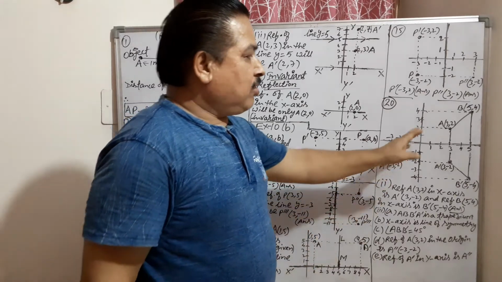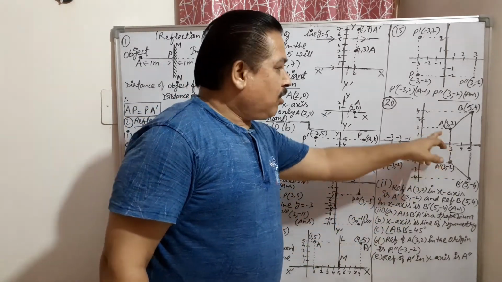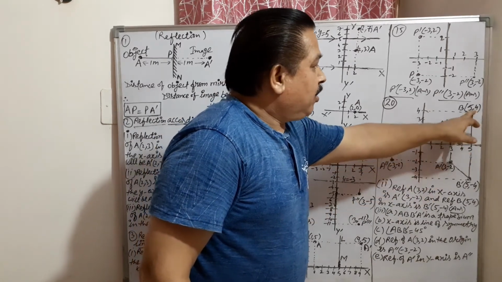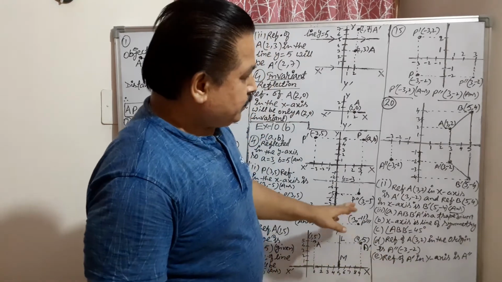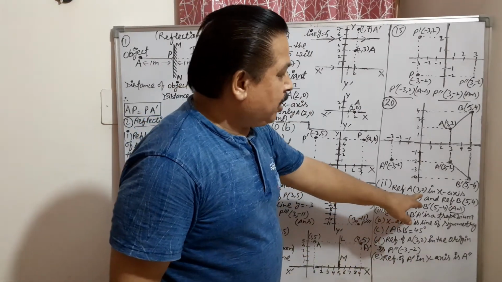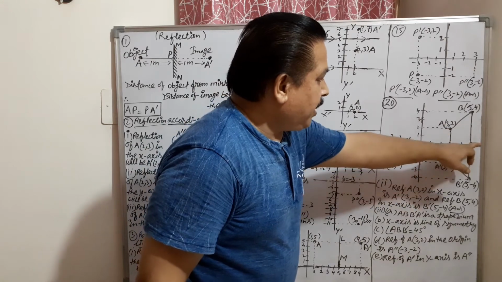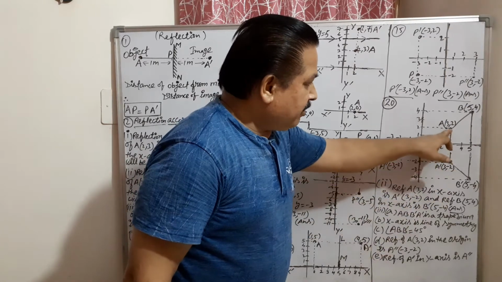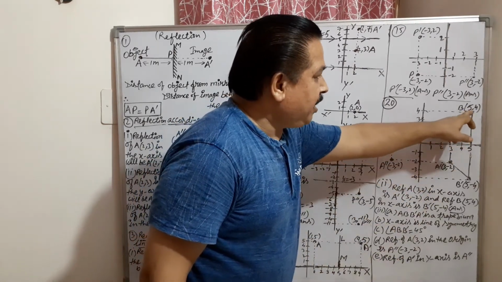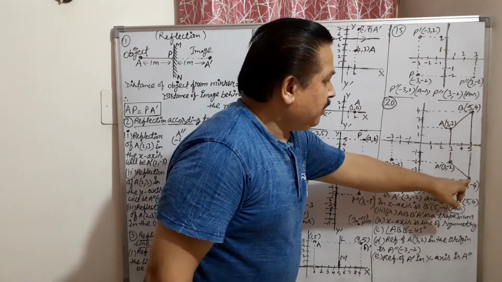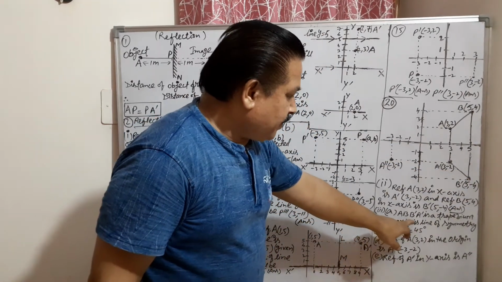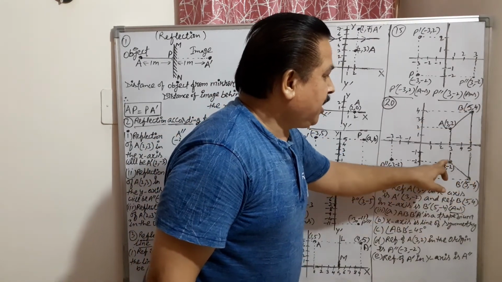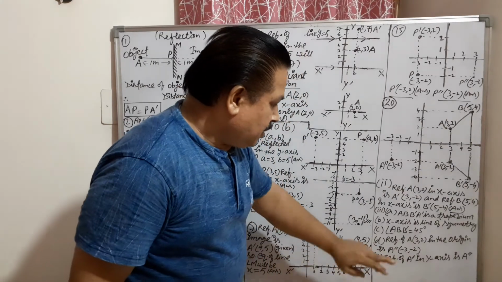In question number 20, first of all, they are saying plot, first part, plot the points A and B. A is given 3, 2, you will plot on the graph. B is also given 5, 4, you can plot it. Now second point, reflect A, 3, 2, in the x-axis. The x-axis is this line. So this becomes a mirror. So it will come here. When it is reflecting in the x-axis, similarly they are saying reflect B in the x-axis. So B will come here. Now see the third part. In the third part, tell the name of this figure A, B, B dash and A dash. It is a trapezium. Answer.